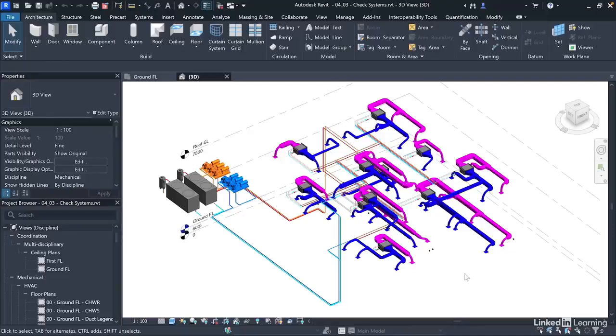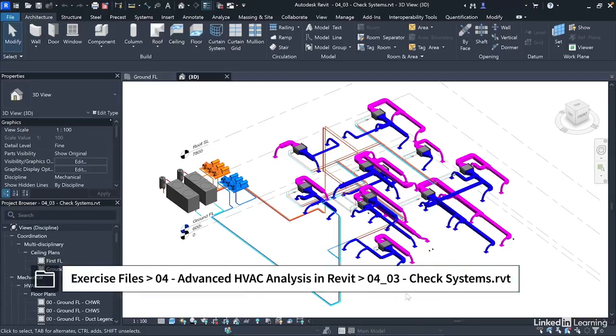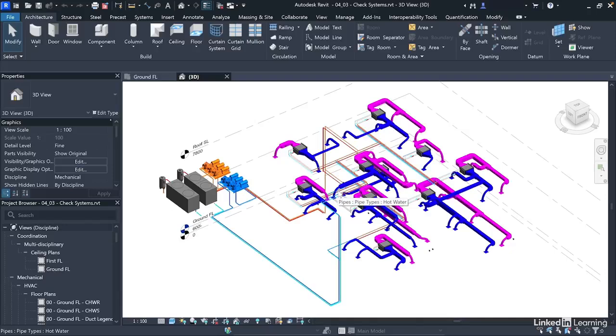It takes appropriately communicating parts to make a system work. For HVAC, that's air terminals and pieces of mechanical equipment connected by ducts and pipe networks. Interestingly, Revit has a set of tools to ensure duct and pipe systems are appropriately connected both physically and logically. In this video, we'll analyze our model using the check system tools in Revit.